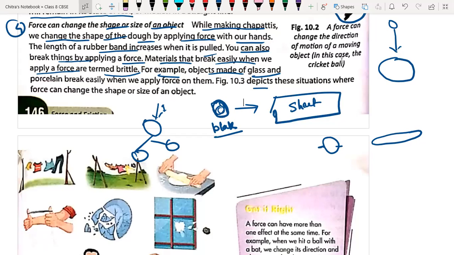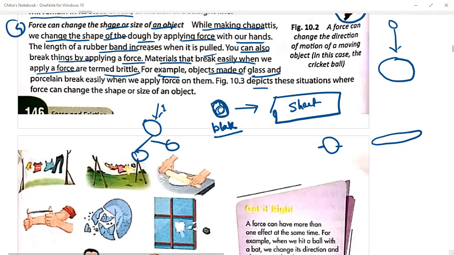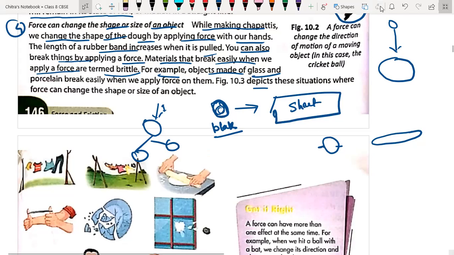Sir, even if we by mistake throw a plate down onto the ground, it will break down. Then what is brittle? Brittleness is the property of matter in which, by applying force, it can break down into small pieces. This property of matter is called brittleness. No, sir, the spelling. B